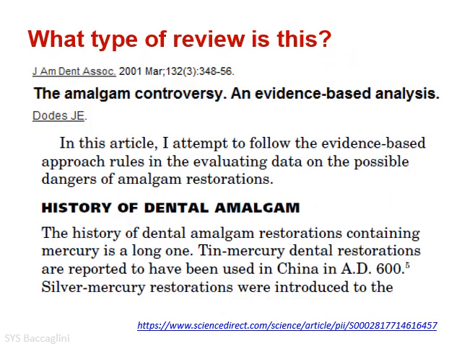Here is another example, and this one is a review. What type of review is this? When you look at the beginning, it says evidence-based analysis. So you might think, okay, maybe there may be a meta-analysis. But the way the article starts is that